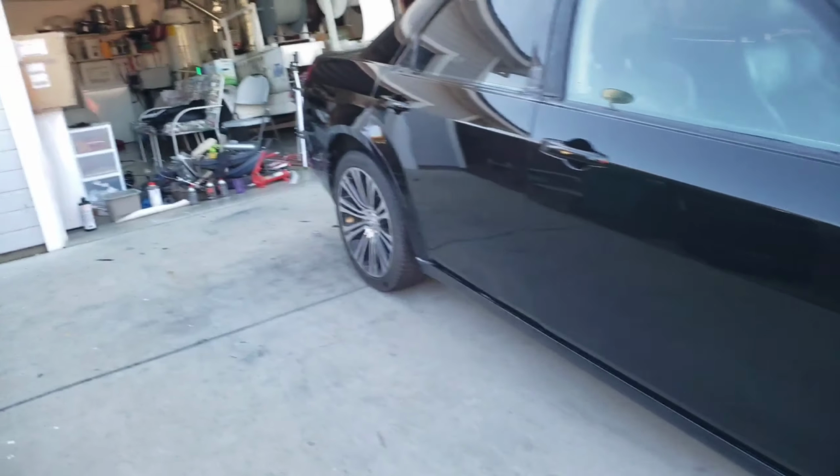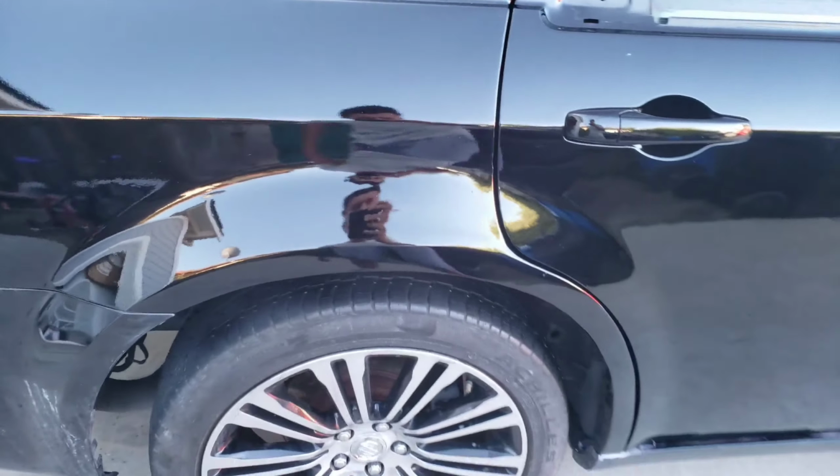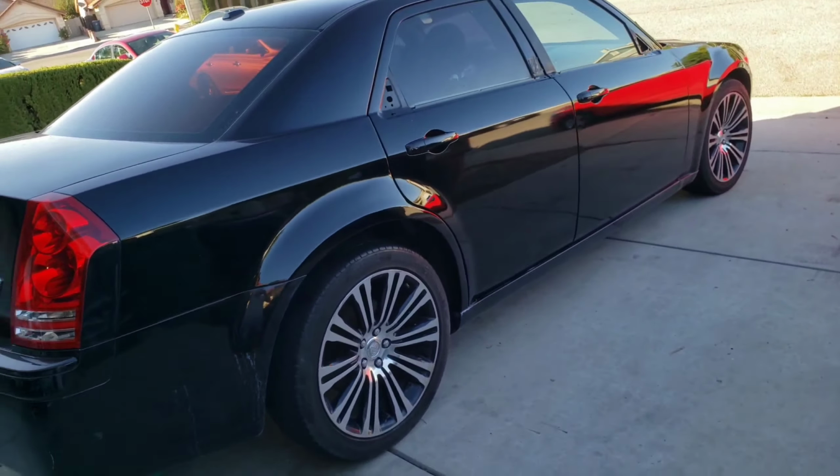This is the side, the rear quarter panel. It's there. I mean, it's not perfect, but at least it's way better than what it was, so I'm okay with that. Looks pretty similar to this side, so I'm good. The paint looks great also,